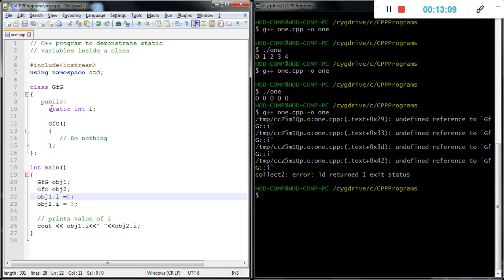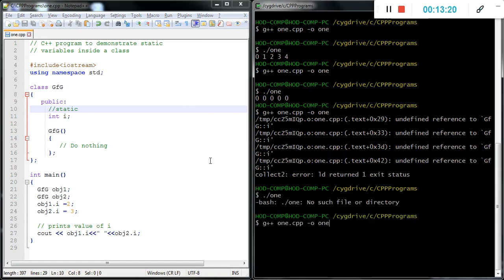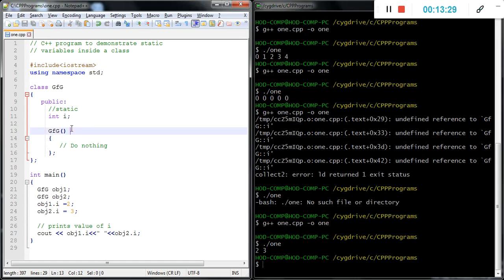Okay, to change it from static, we remove the static and only maintain the normal variable under the class, to verify how exactly it reflects. Okay, it prints 2 and 3. When we define I as a normal variable, it takes the assignment for separate objects, as the I variable has two different memory locations.